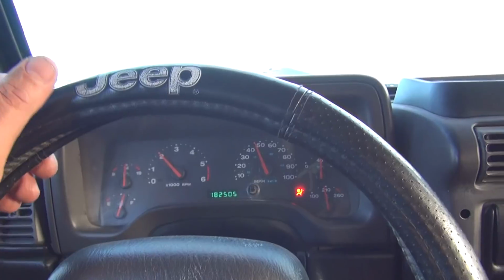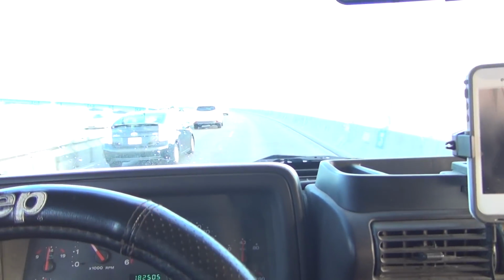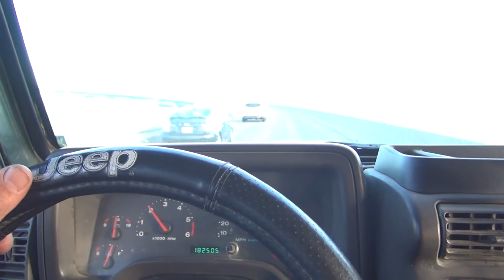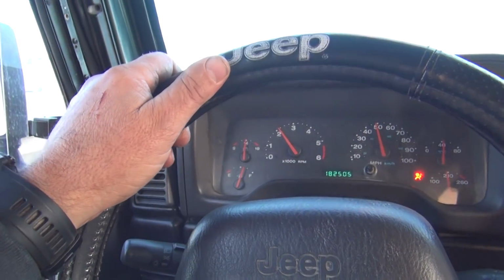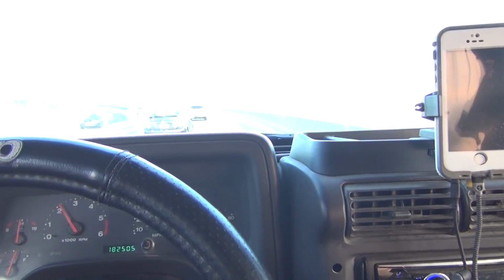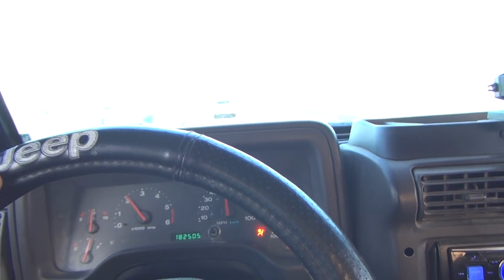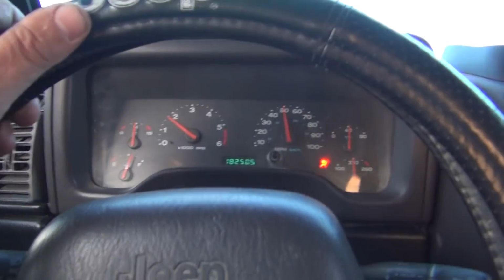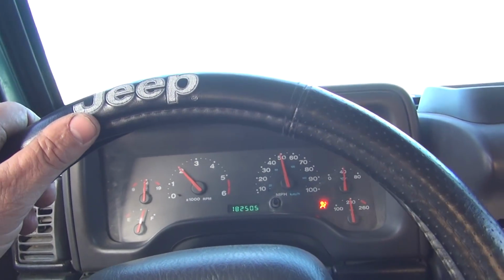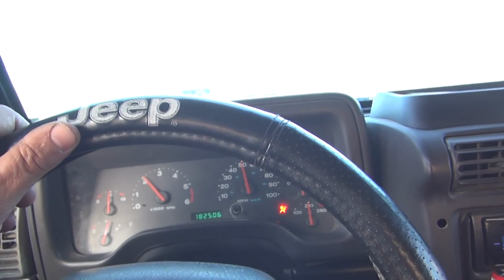2,000 RPMs, we're hitting 45. Up there, it's going up to a little bit higher. This is floorboarded. That's San Diego out there. Great view. Running right at 50 at 2,000 RPMs, 50 miles an hour. Pretty good once I get to the top, but